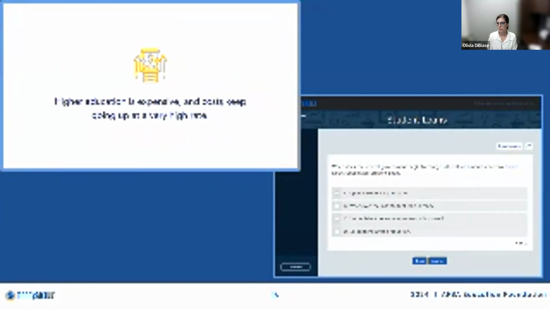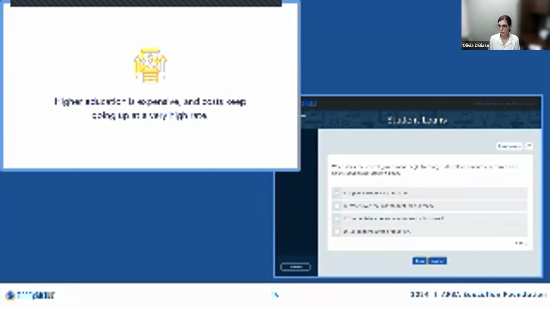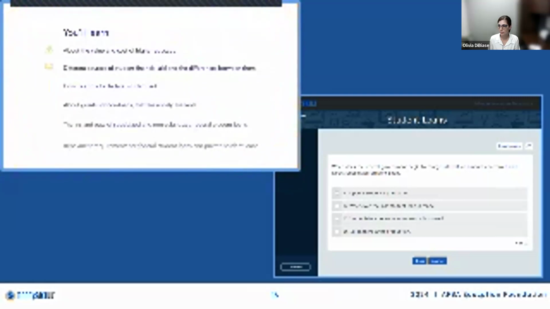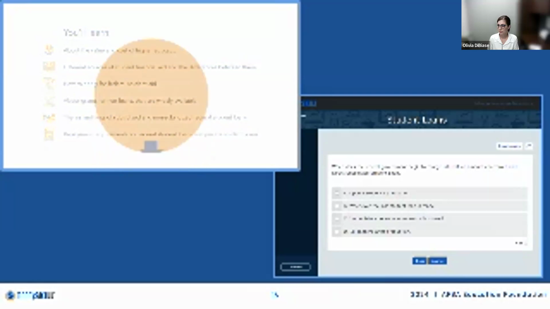Higher education is expensive, and costs keep going up at a very high rate. This is making it more and more difficult for students to pay for it without borrowing money, meaning that a foundational knowledge about the intricacies of student loans is key to success and making the most out of your decision to leverage credit in this way. In this module, you'll learn about the value and cost of higher education, as well as different sources of student financial aid and the differences between them. You'll also learn how to apply for federal student aid and about grants or non-loans that are widely available, the ins and outs of subsidized and non-subsidized federal student loans, repayment requirements for federal student loans, and private student loans.